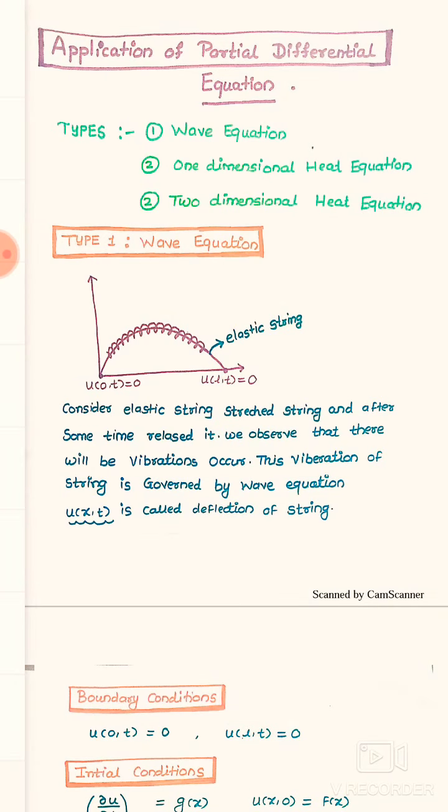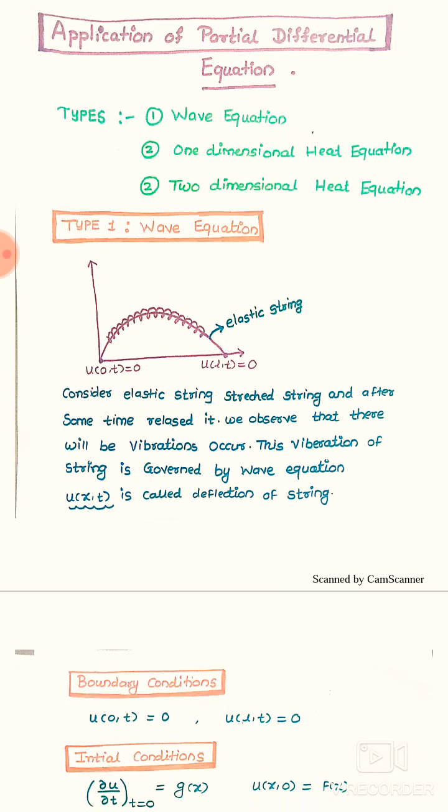Let's start the first type. Type 1, that is wave equation. For that we have considered the elastic string whose both ends are fixed. Here I have considered the elastic string whose both ends are fixed. If we stretch this string and after some time release it, some vibration will be formed. That vibration of string is called as